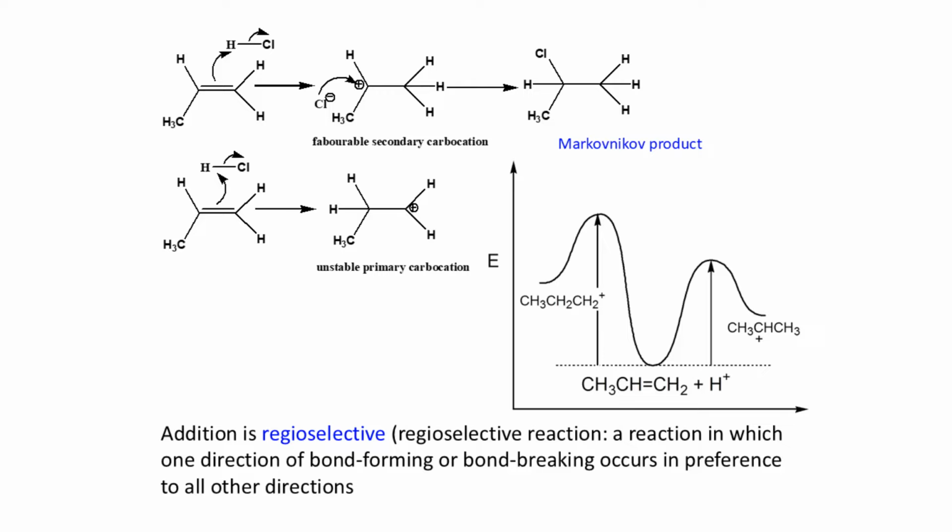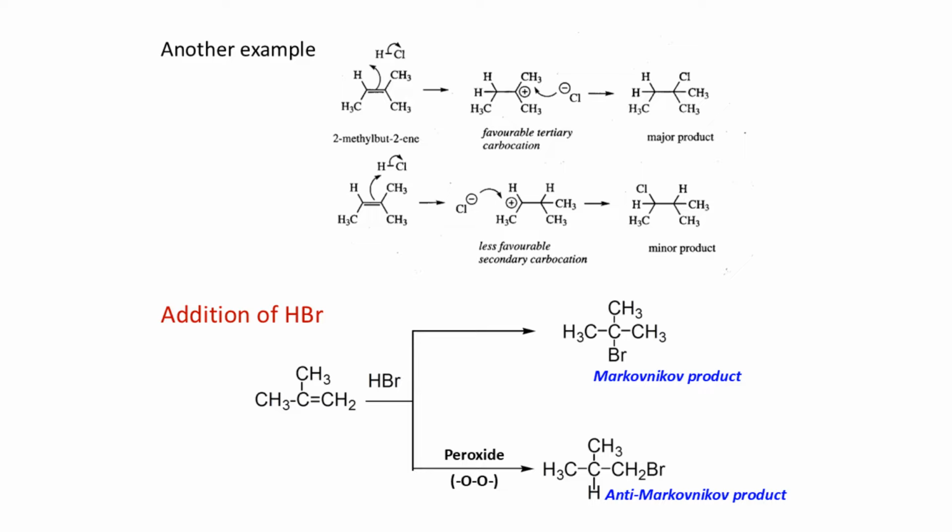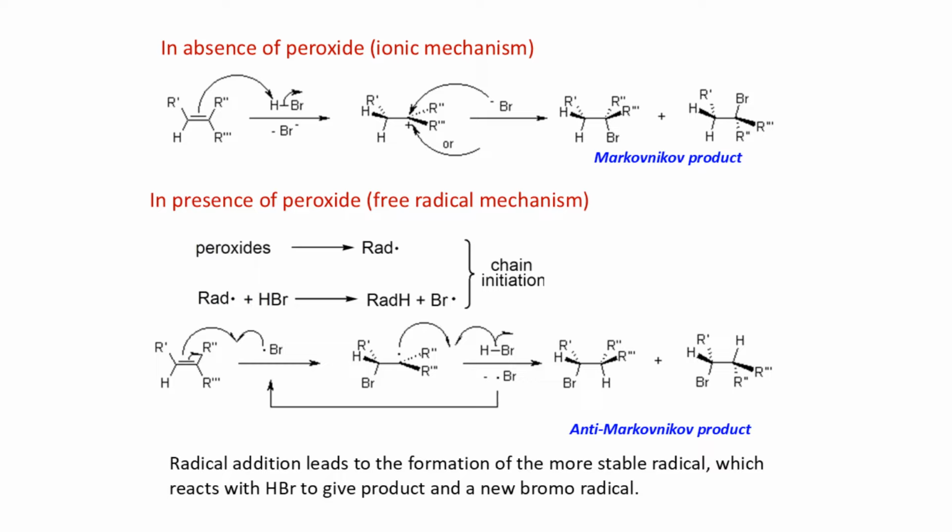Addition reactions are regioselective, favoring the formation of the more stable carbocation, as seen in the examples of secondary and tertiary carbocations. In the presence of peroxides, the addition of HBr to alkenes follows a free radical mechanism, leading to the formation of the anti-Markovnikov product. Radical addition in the presence of peroxides leads to the formation of the more stable radical, resulting in the anti-Markovnikov